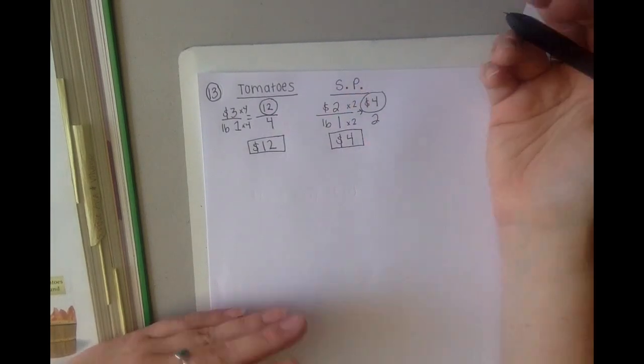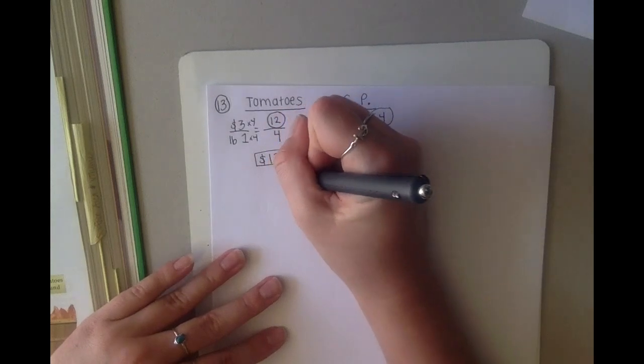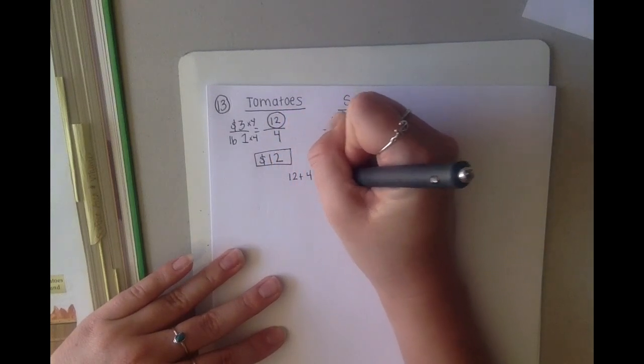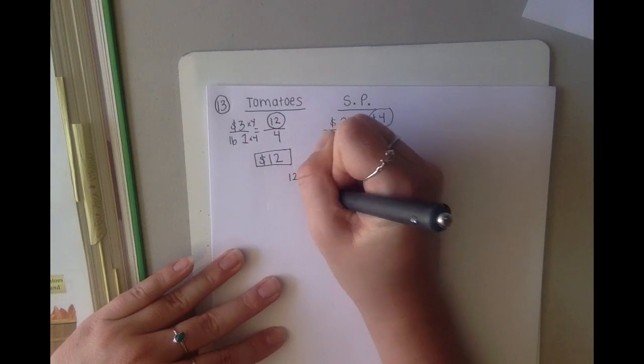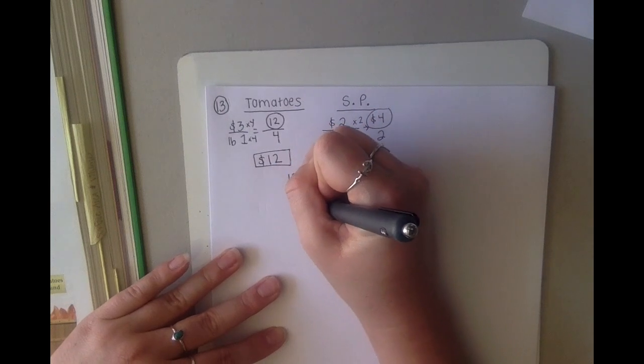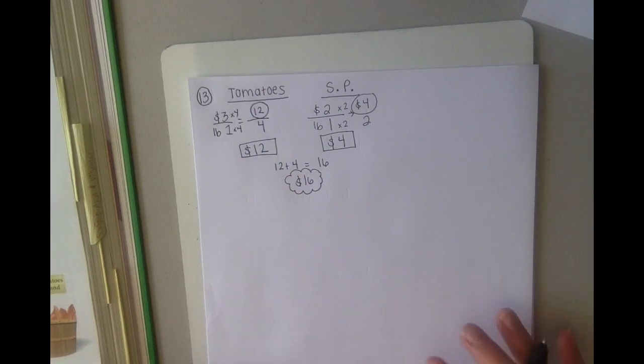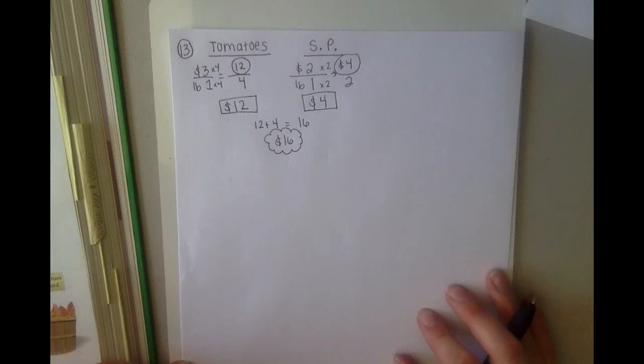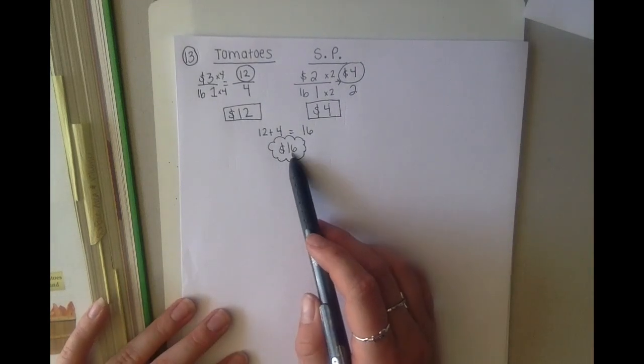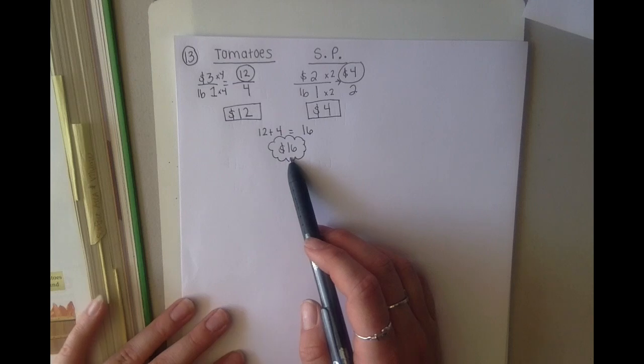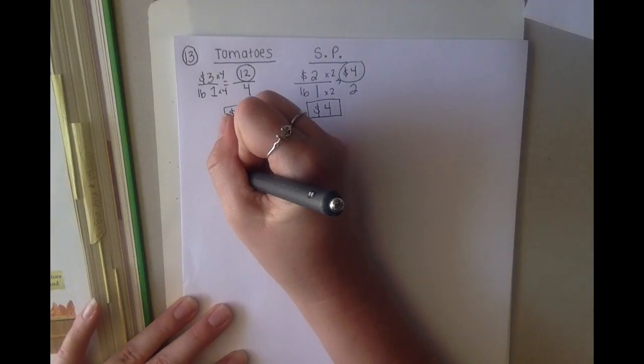So altogether, how much money did I spend? Well, 12 plus 4 is 16. So I spent $16. So now I have to think about, what am I trying to solve for? I want to know, okay, I spent $16, but how much money did I go to the farmer's market with? Well, I know that $16